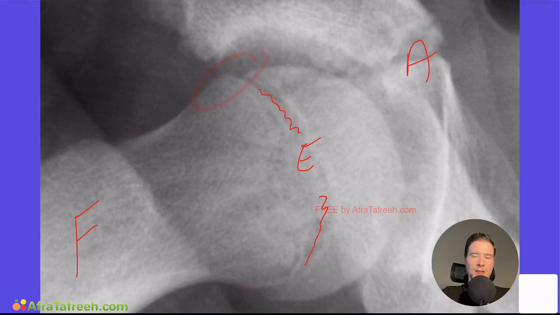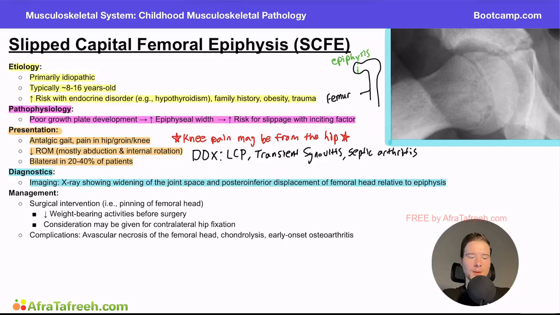We clearly see a slippage that is occurring, and this is a very classic image for slipped capital femoral epiphysis. Again, it's very nicely named for the slippage. It's a slipped capital femoral related to the femur, epiphysis related to the epiphyseal line. Now to wrap up this video, we need to talk about the management here, and this is really important because